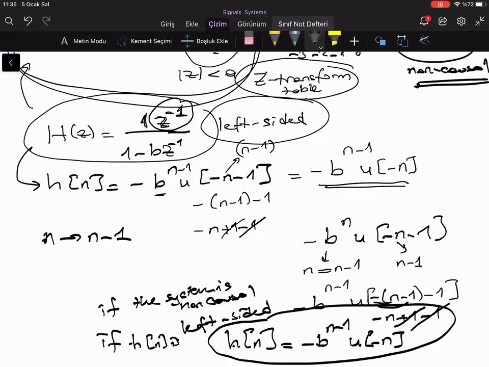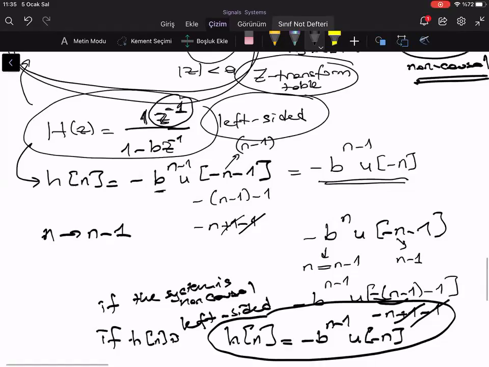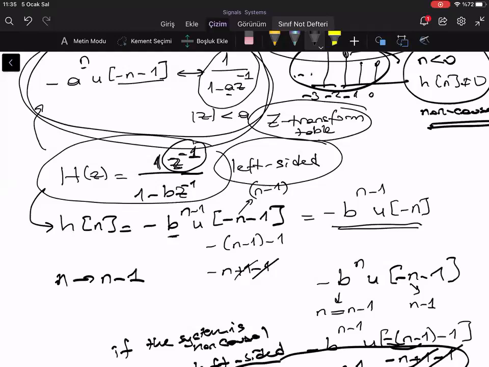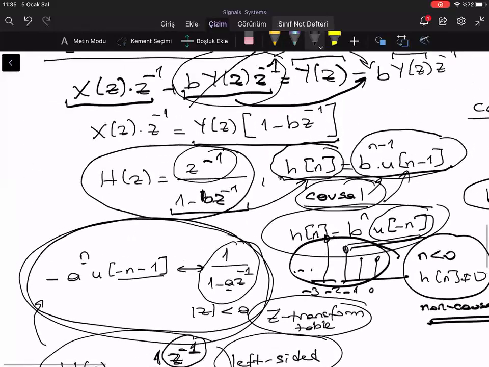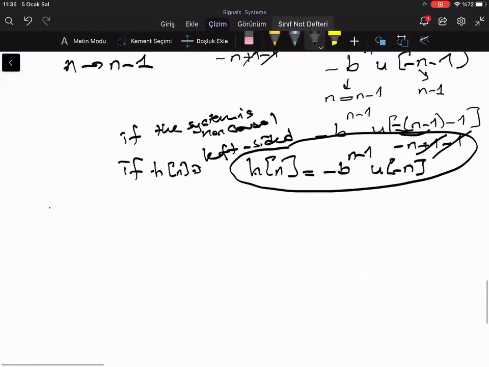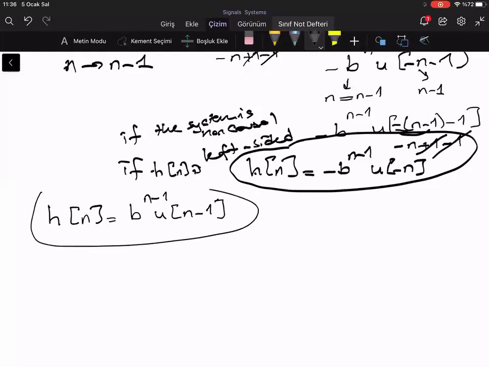Exactly, Emre asked a good question. For example, for this thing, what did we find arkadaşlar here? This one was my h of n. In our question, we found h of n being equal to b n minus 1 u n minus 1, right? That was our h of n for the causal case. But as Emre asked, why don't we check the poles exactly? What should be b